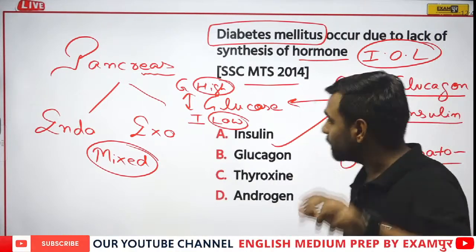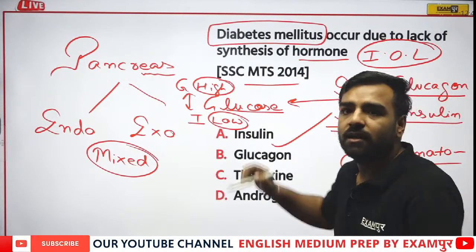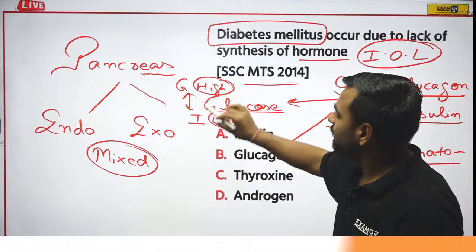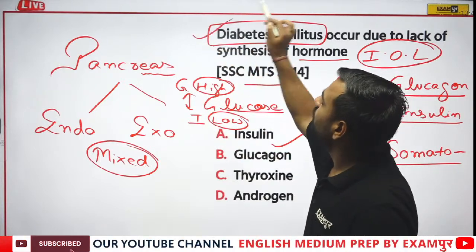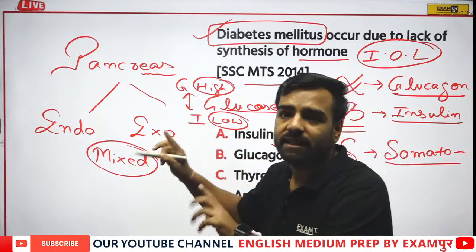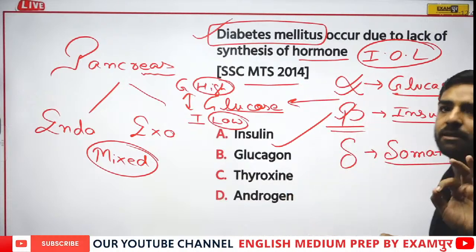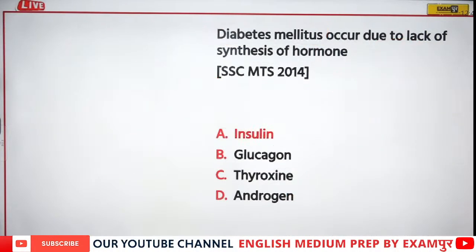Now here, alpha and beta are helping in the maintenance of the glucose. If glucose level is high and insulin level is low, this is going to lead to the issue that is known as diabetes mellitus. I guess all these things are clear to you. These questions are asked in the examination. Please remember this. Now, so here we have discussed insulin.